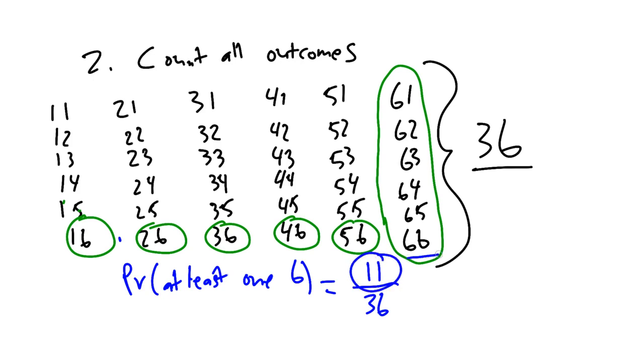And again, that's because this guy is only one outcome, right? It's true that if I roll double sixes, I do win the bet with my friend. It counts as having rolled at least one 6, but it doesn't double count, right? It's still only getting at least one 6 once. And that's the reason that we overcounted before, is because we were ending up counting that twice. All right, so that's the second way to figure it out. If that's easier on your brain, then that gives you that one.